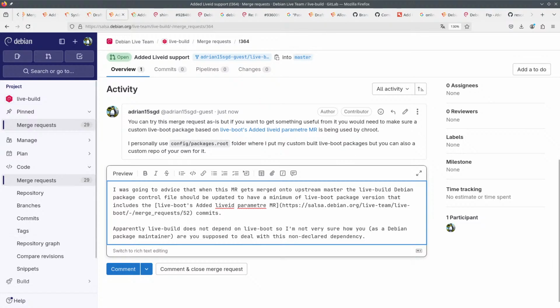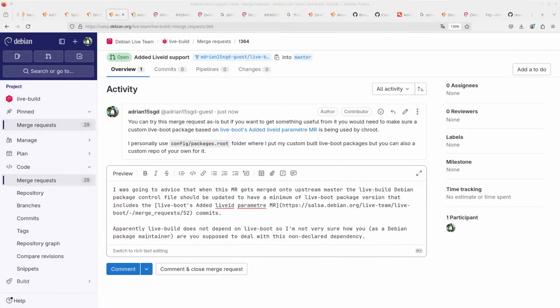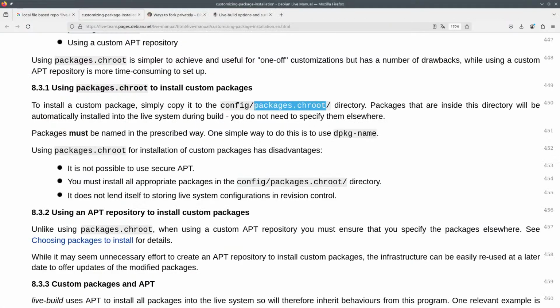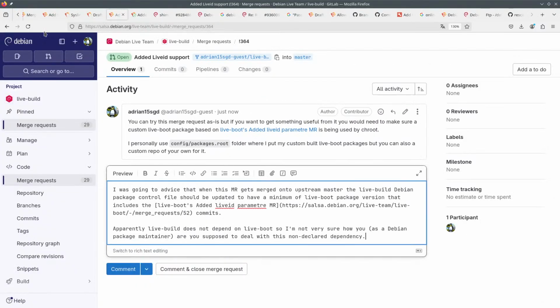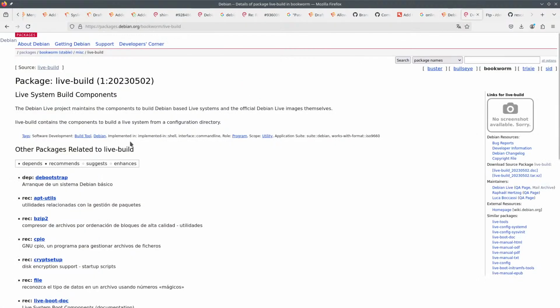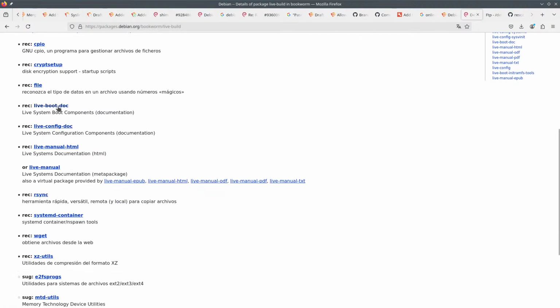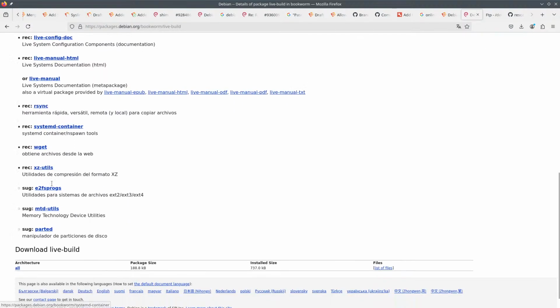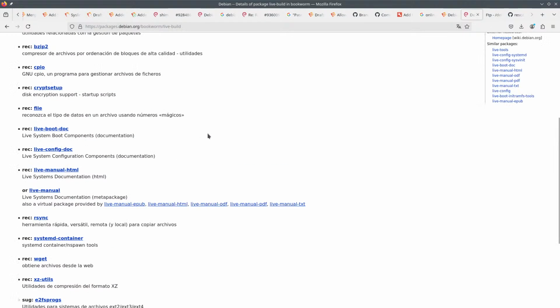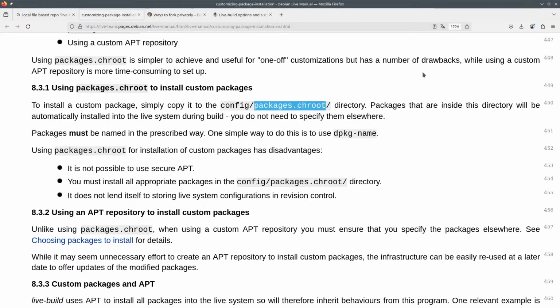Yeah. I mean, I'm not finding, where the hell is this? I'm not finding live-boot in here. I mean, yeah, it depends on a lot of stuff, but there is no live-boot itself, so it's please install this thing, but